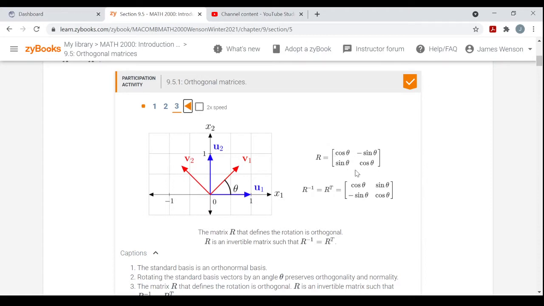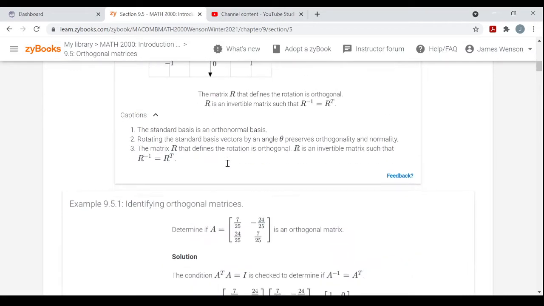if this matrix R was the standard matrix for a transformation, you see how multiplying by U1 takes it to V1. It doesn't change the length at all. Multiplying U2 by this takes it to V2. It doesn't change its length. It's still length 1. And the angle between the blue vectors, when I apply the matrix transformation to it, that angle between the vectors is still 90 degrees. So that's what they're saying down here